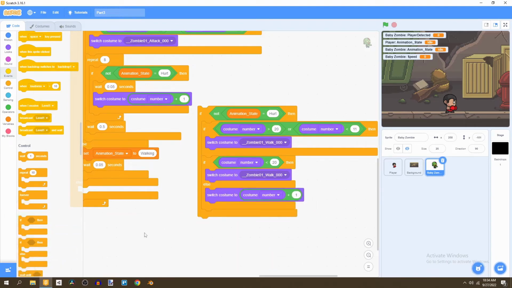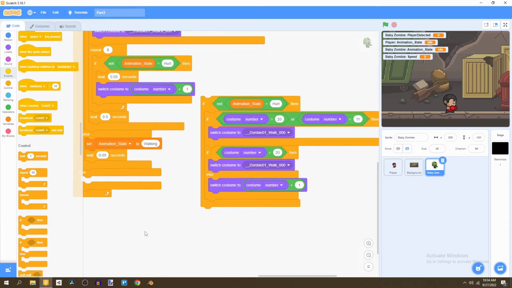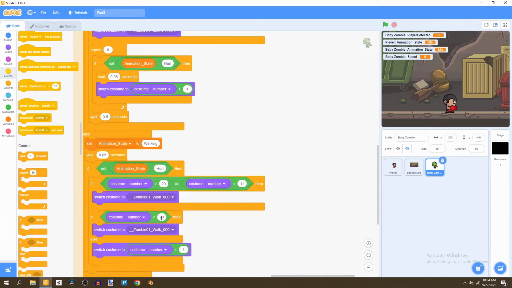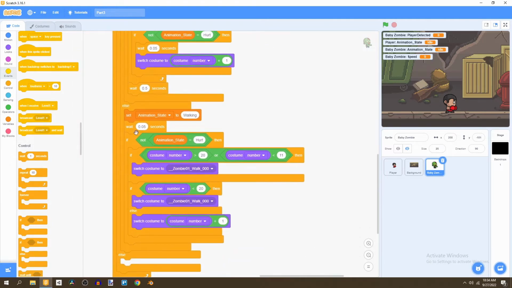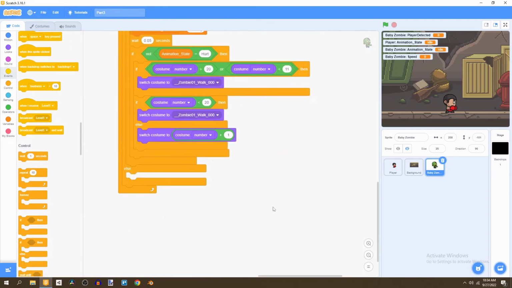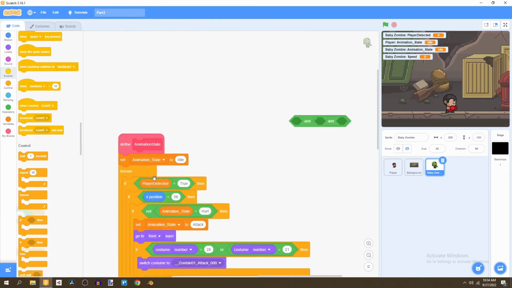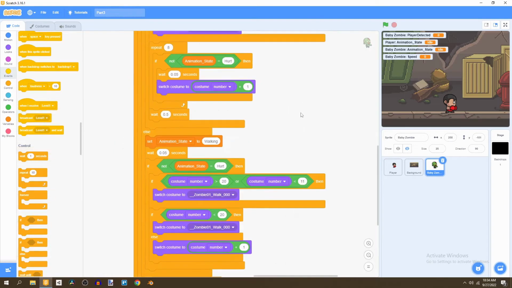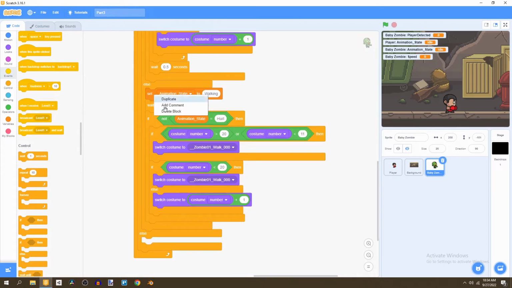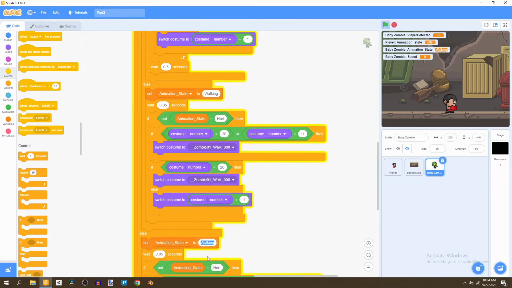Now we can get rid of this, and we'll put this code right here after the wait 0.05 seconds. So basically, if we're not doing anything, we can just do this walk cycle. After that, if we're not close, or if we're just detected by the player, then we can just run our idle animation. So basically all we're doing here is we're going to set animation state to idle, and then